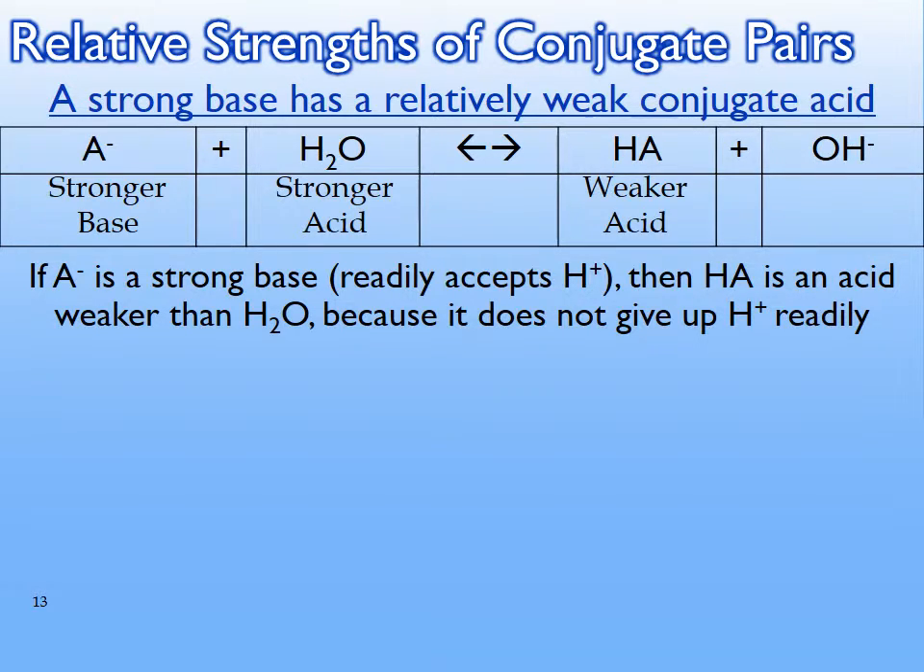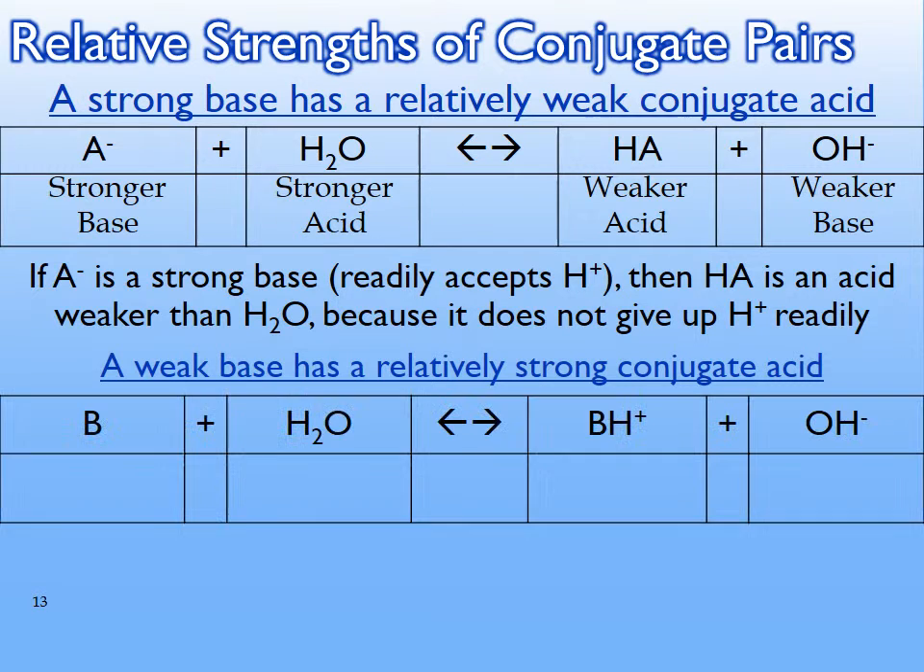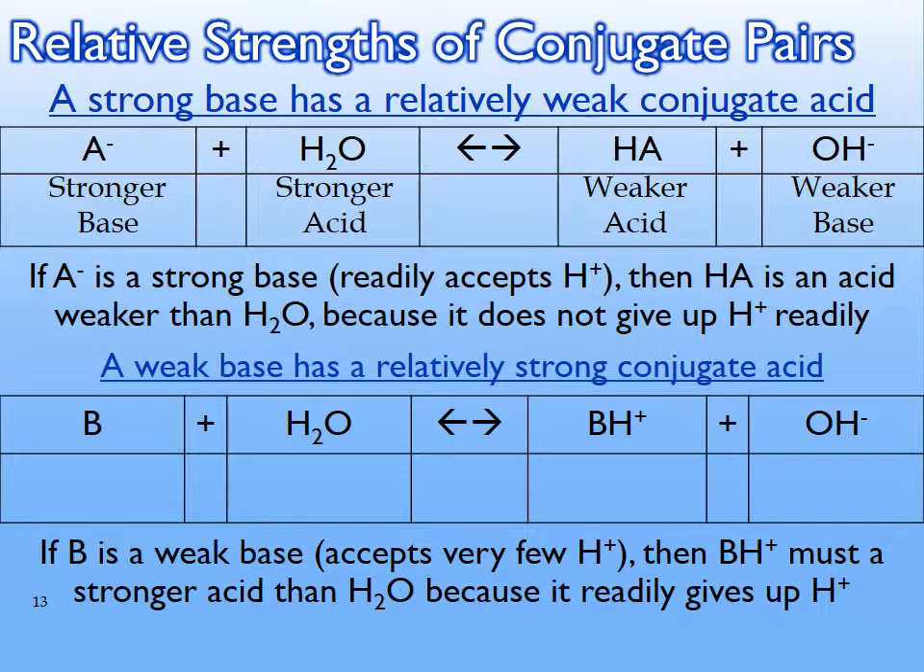Weaker than water, because water, by being the stronger acid, is losing hydrogen ions completely in order to form the hydroxide ion, which in this case is the weaker base. So a weak base must therefore have a relatively strong conjugate acid, given that